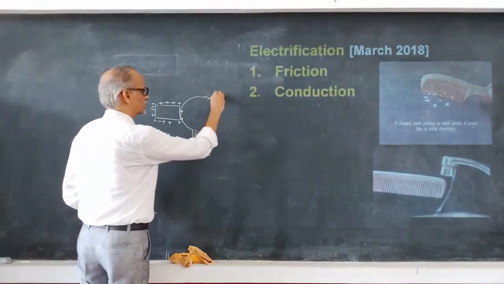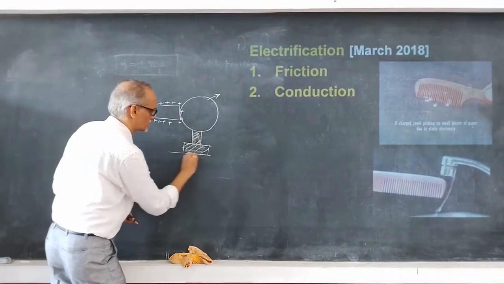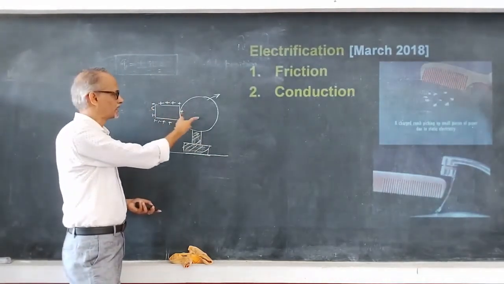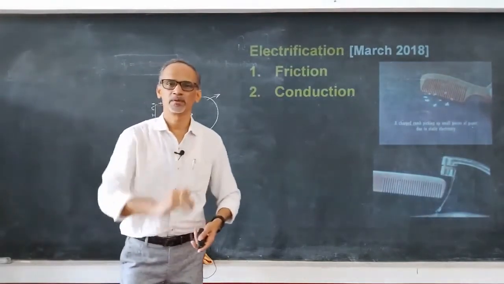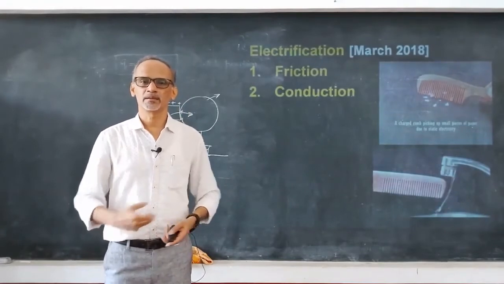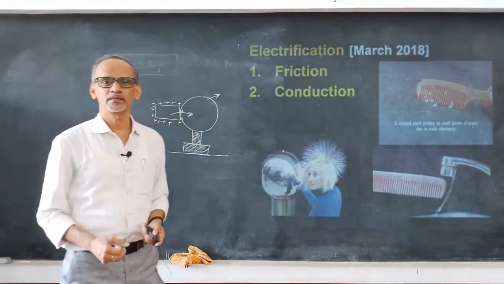So, this is the conductor, okay, conductor. This is the insulating stand, this is the ground. If I place one conductor in contact with the other, then the charges are transferred from one body to another body, okay. And the human body is a conductor, earth is a conductor, all the metals are conductors. And that's the reason why you get to see here,